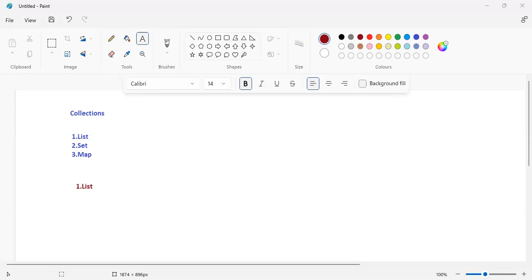And the list allows dynamic memory allocation. There is one important point for the list collection: it allows duplicate values also. That means the same element I can store in the list again. That is possible in the list, but it's not possible in set. So it provides a couple of